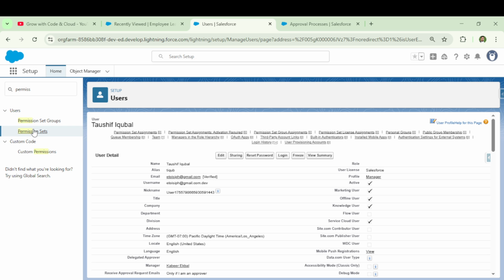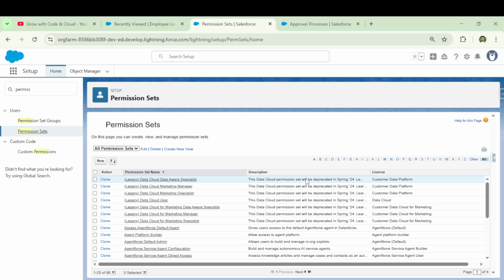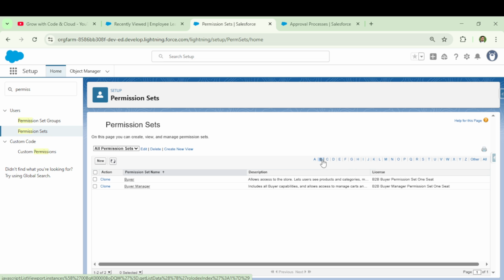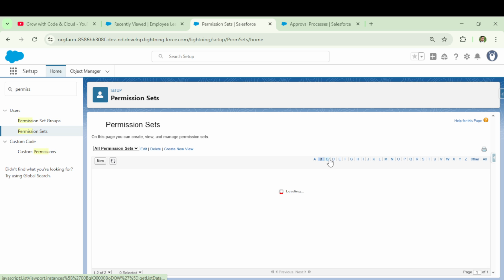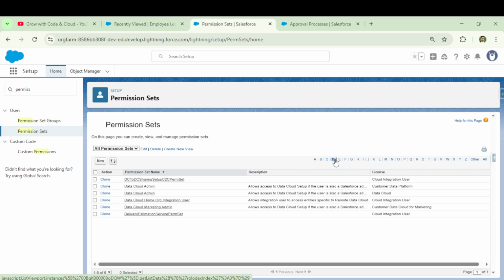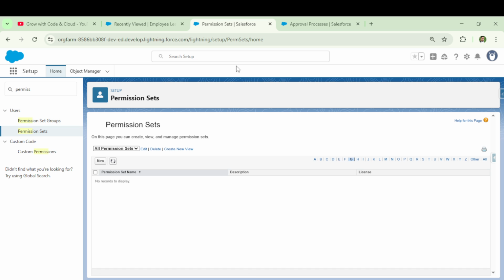Permission sets. I guess we created some permission set. Buyer manager, no. So just give the permission at the profile level.